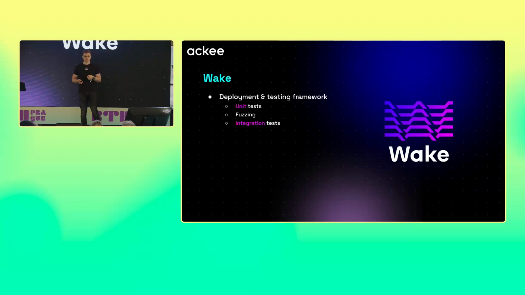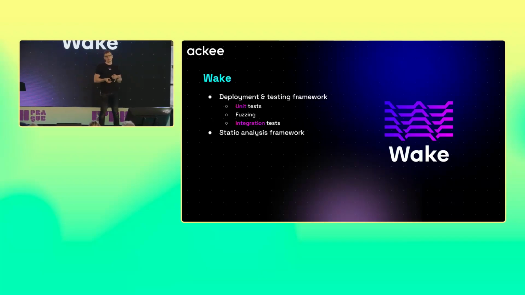There's also support for integration testing. This is mainly useful for projects that have some dependencies, for example, Chainlink or Aave or some projects like these. And in this case, we can fork any chain we want to, probably the mainnet, and we can just use these contracts normally as if they were on our deployment chain. And yeah, so this is the testing and deployment part.